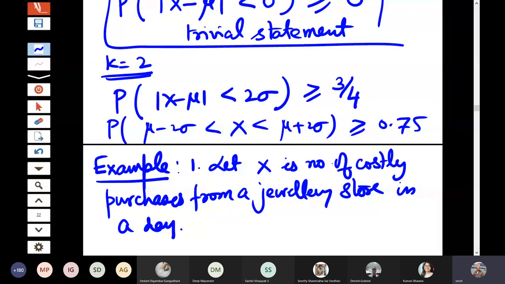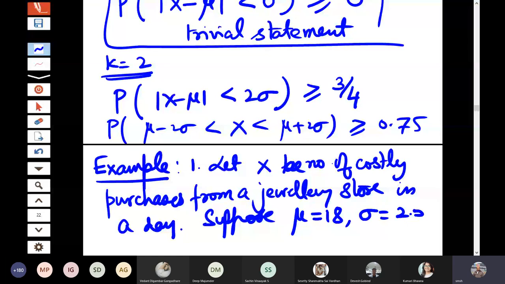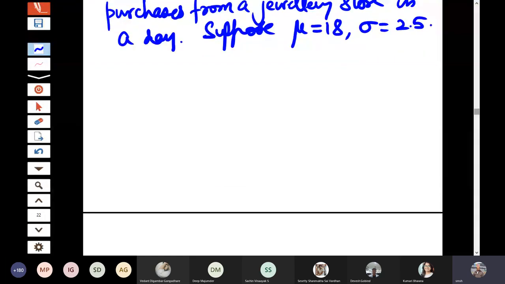Suppose the expectation of x is say 18 and sigma is equal to say 2.5. So suppose this data is available to us. We want to find out